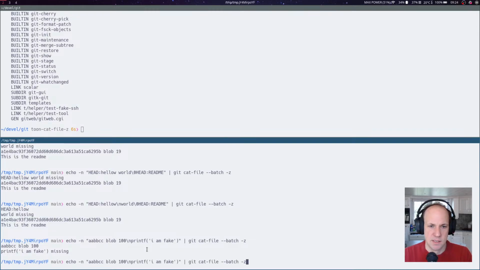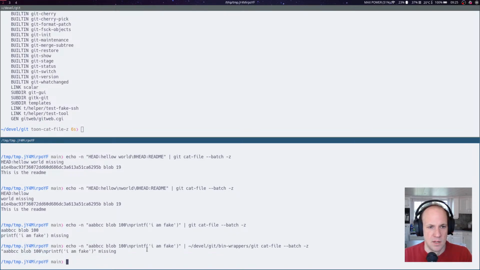So what I can do is, I hope this works. If I'm going to call on ~/devel/git/bin-wrappers/git, no, it's not like that. This is the fix I proposed, or the fix I wrote and tried to make. So instead of just printing this, we print the quoted format of that string. We start a quote here and a quote there, and we escape characters that are doing weird stuff with